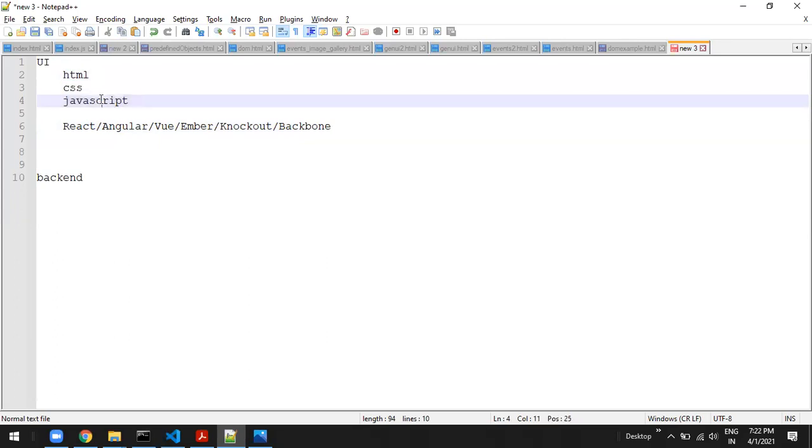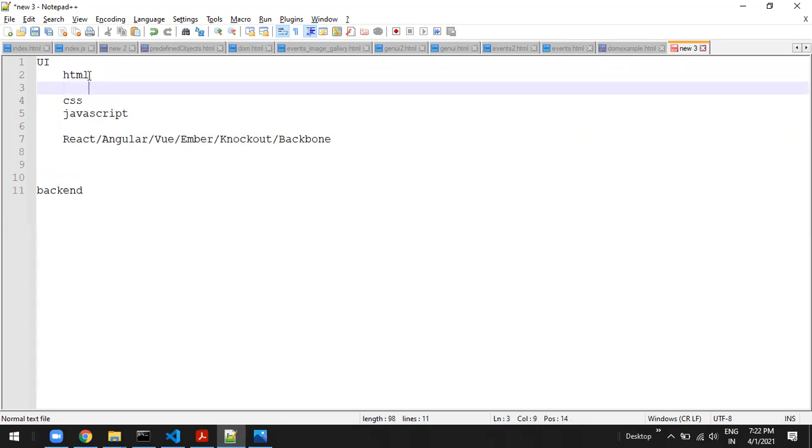You may say HTML is easy. No sir, why are you pointing out HTML? Calm down. We are missing so many concepts.